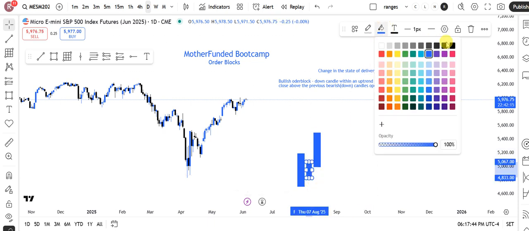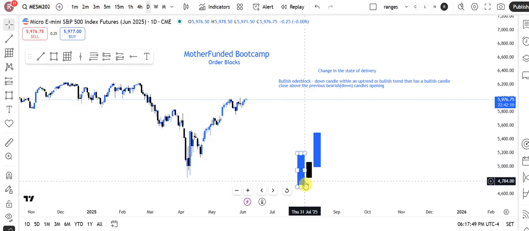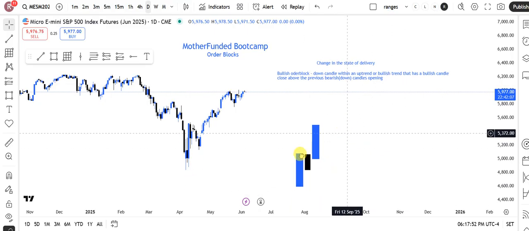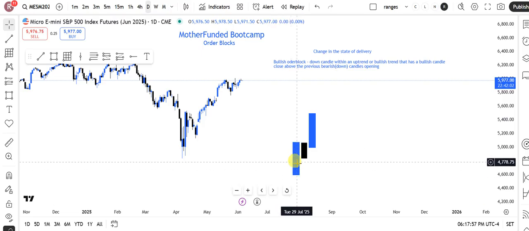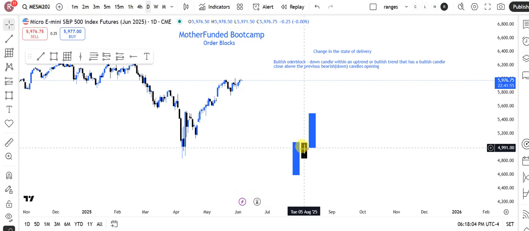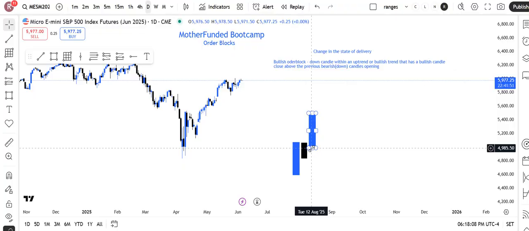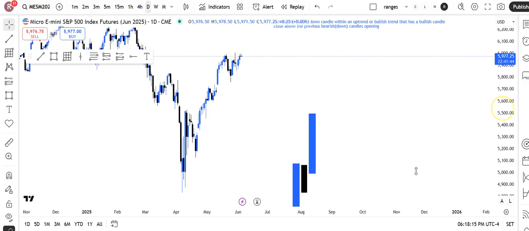So I'm going to change this to black. Let's actually do it like that. This candle is just depicting what the current trend is. Think of more bullish candles leading up to this one, and then we have a bearish candle, and then the next candle opens, trades up, and closes above this candle's opening,